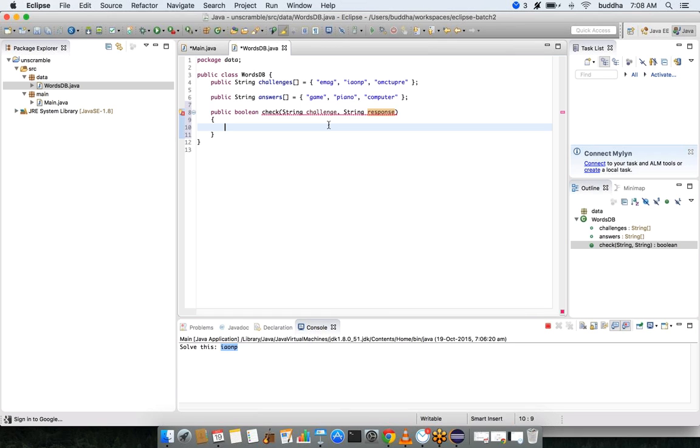Now what we can do is verify whether this challenge exists in this challenges array or not, and then find the index of it. How can we do that? We can do that by using a simple linear search, right?